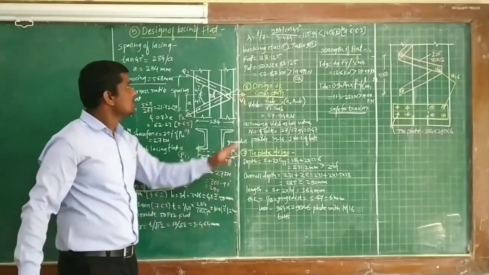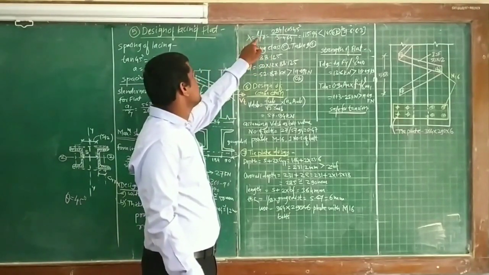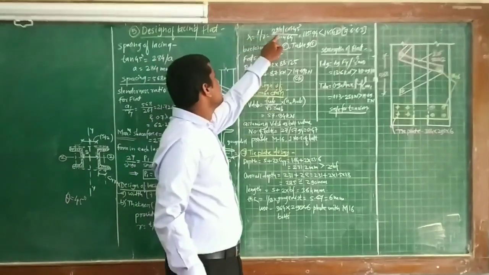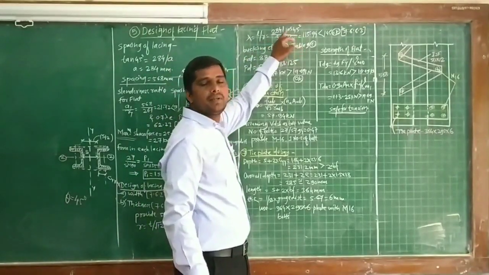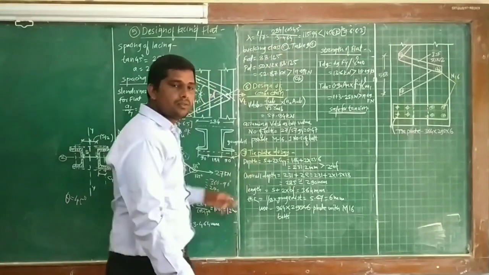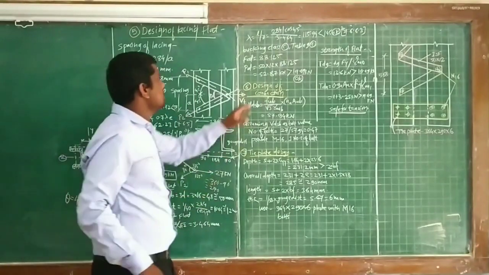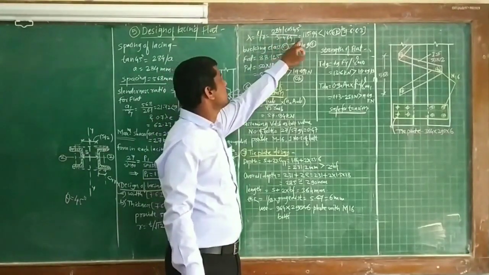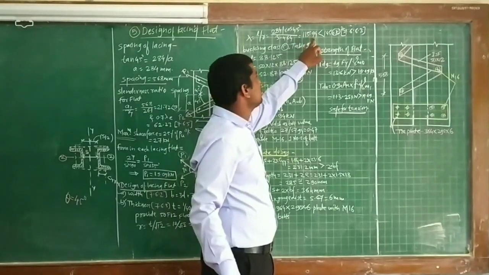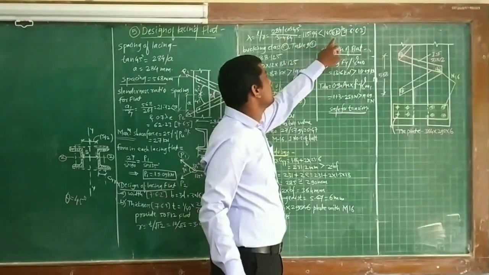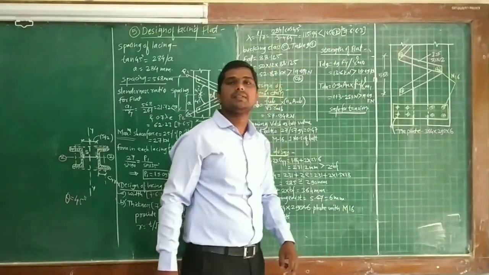So the answer will be 3.464 mm. By taking this into consideration, the slenderness ratio is equal to L divided by r. So here the length of this lacing flat is 284 divided by cos 45, divided by the r distance we have already calculated, that is the radius of gyration for this lacing flat, 3.464. So the slenderness ratio will be 15.94, less than 145, and hence it's okay, according to the criteria of 7.6.6.3.